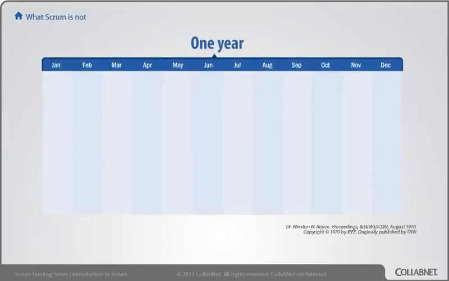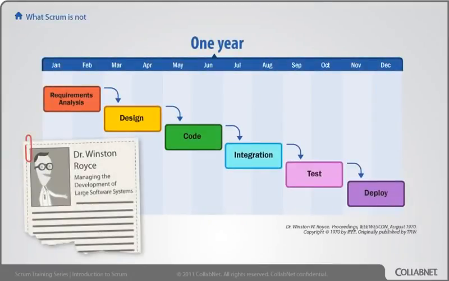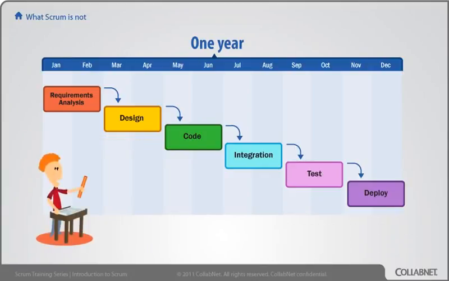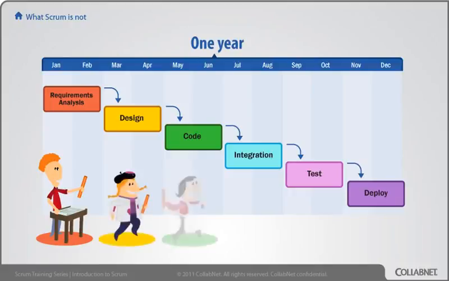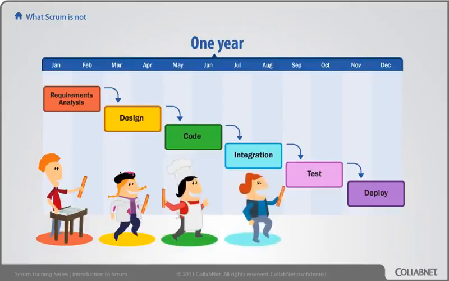Here's what Scrum is not. The attempt to use traditional Gantt ideas for developing software was first described by Dr. Winston Royce in 1970. He drew a picture, a bit like this one, showing a series of phases. One phase connects to the next phase, connects to the next phase, and each one has a handoff. In theory, you would do all your analysis in the beginning, get that completely done, then you would start on your design, get that completely done, then start on your code, get that all the way done, and then integrate, etc.